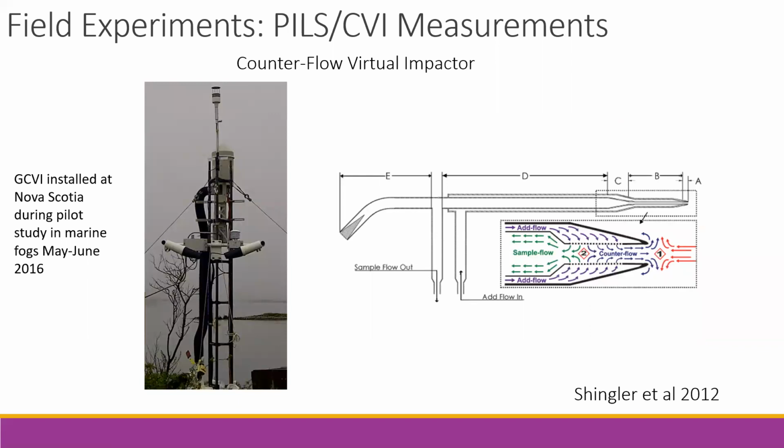The way this instrument works is that it brings in cloud droplets and separates them from ambient aerosols and gases. It then takes the cloud droplets and evaporates them, leaving behind the residual aerosol that the cloud activated on. You can then combine this with the PILS system, running it through the PILS to actually get the chemical composition of the aerosols that the cloud droplet activated on. So we can start to measure the role that clouds are playing in chemical processing on these cloud condensation nuclei, which is a really great advance.